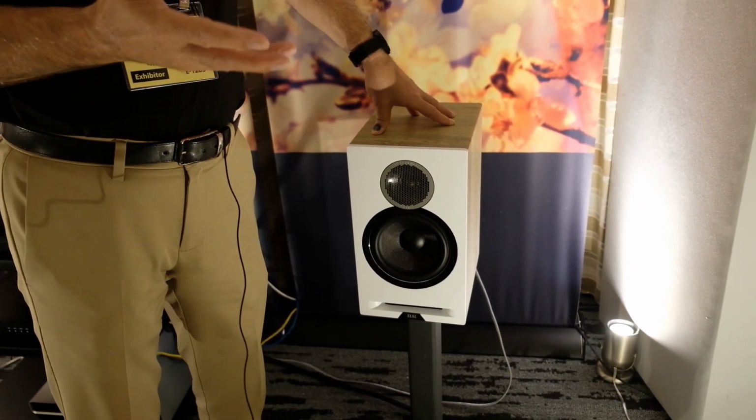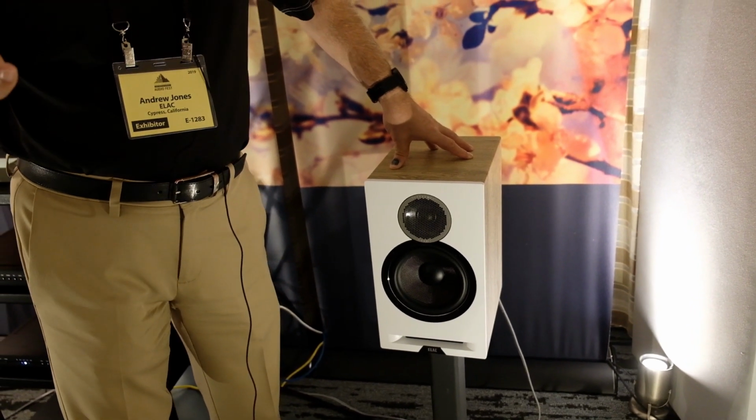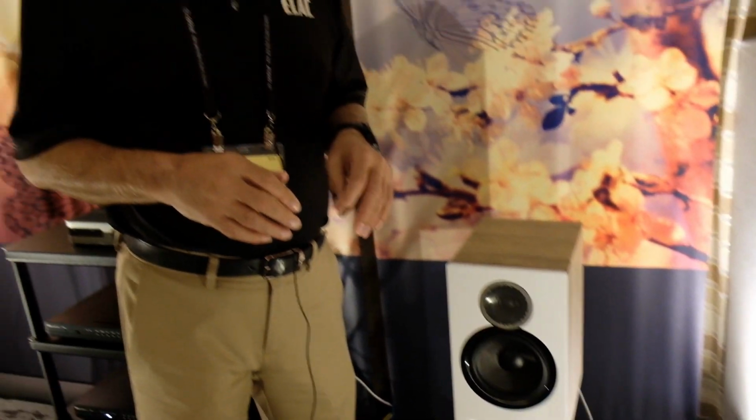It was a 7-element crossover. Now I think it's about a 10-element crossover. Okay. I've just thrown a few more parts in. Still, the quality level of the components is laminated steel inductors for the big ones at low frequencies, air core for the higher frequencies, and film caps on the tweeter. It's still that, but I've added a few more components just to improve the integration and the overall linearity of